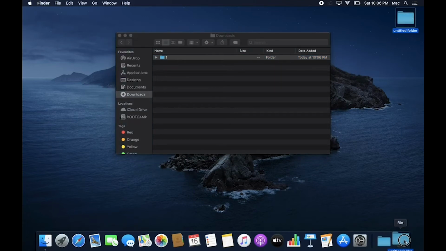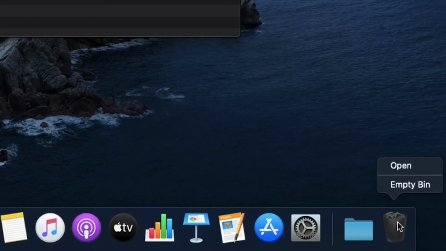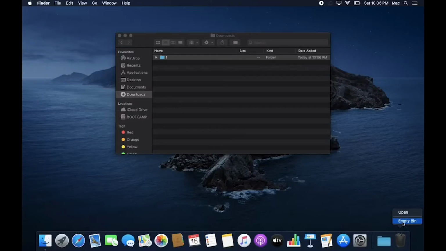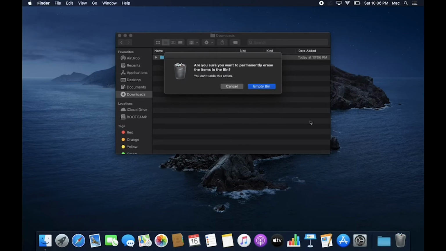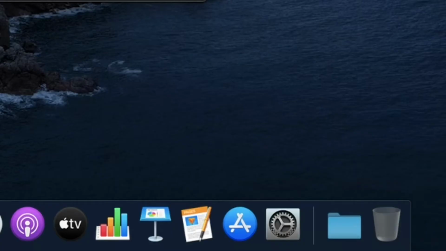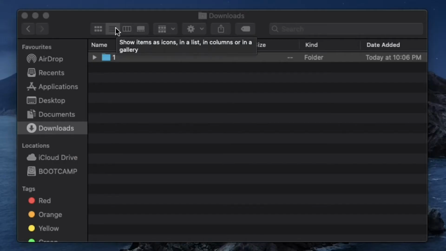For deleting a file, drag and drop it to the bin or simply hit delete. For permanently deleting, right click on the bin and select Empty Bin. This is where we can change the type of view.